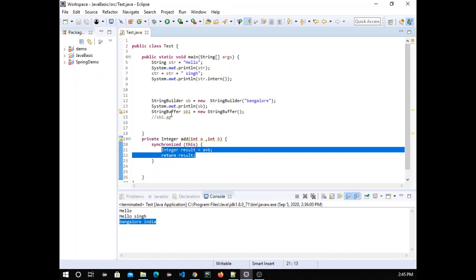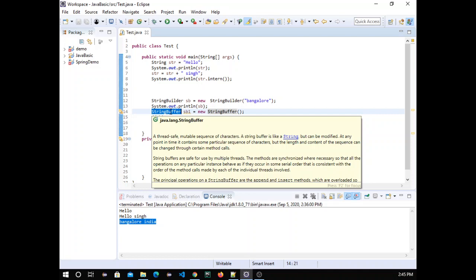So that's why a StringBuffer is thread safe, it's synchronized, and it's slower.